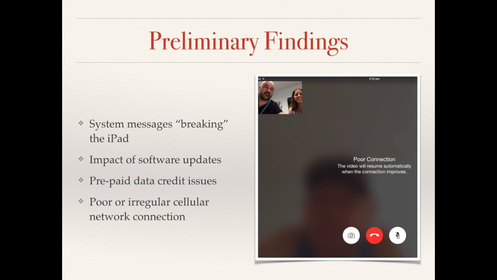The release of Apple's new operating system in September resulted in more confusion as participants were presented with constant messages asking them to update. As the participants do not have broadband access, this resulted in delays due to excessive data usage and confusion. Finally, changes to Telstra's prepaid credit system and mobile access issues also acted as significant barriers for participants.